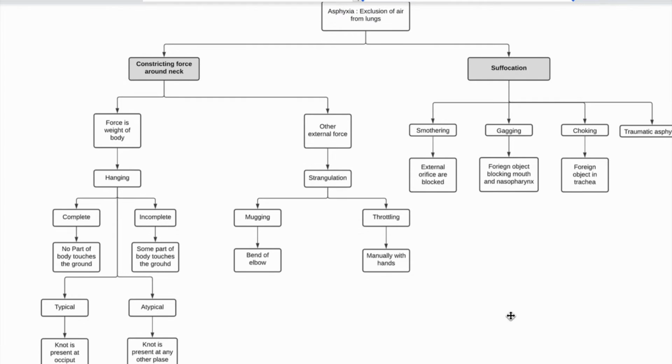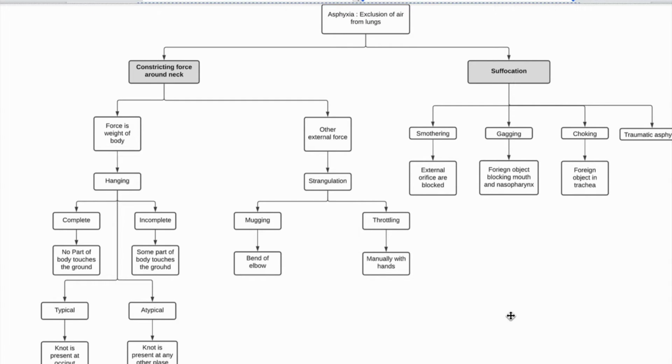So today we will learn about asphyxia. So what is asphyxia? Asphyxia is exclusion of air from the lungs. So we remove the air from the lungs, and there are two basic mechanisms to remove the air from the lungs. We have constricting force around the neck, which can be